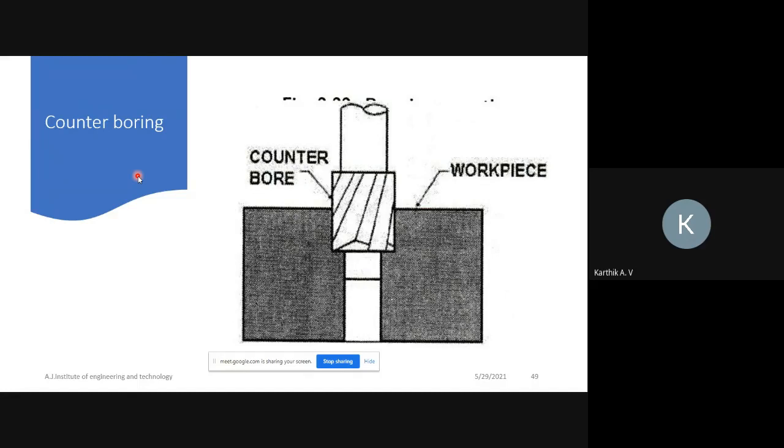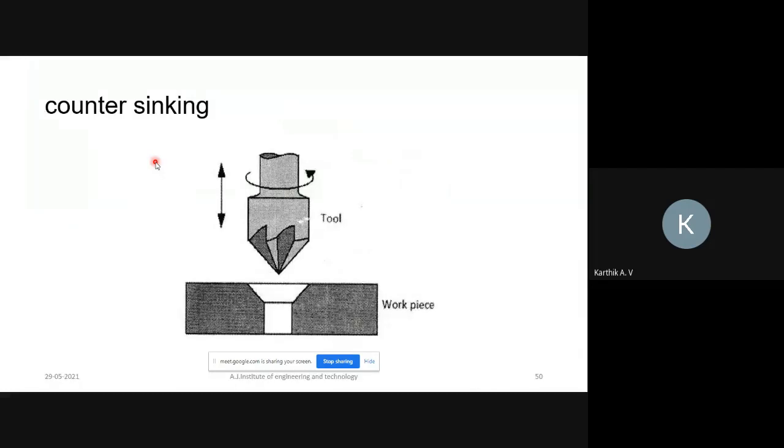Counter boring is for creating a square or rectangular shape at one end of the drilled hole, for the screw head part, not the thread part. With the help of this counter boring tool, you can create this type of shape at one end of the pre-drilled hole. Next one is countersinking.